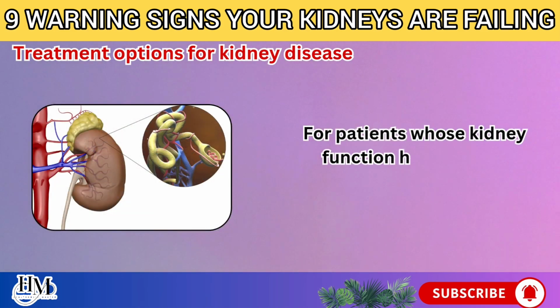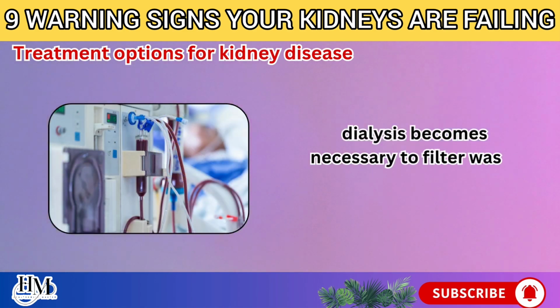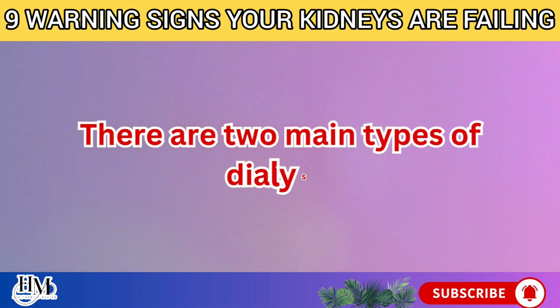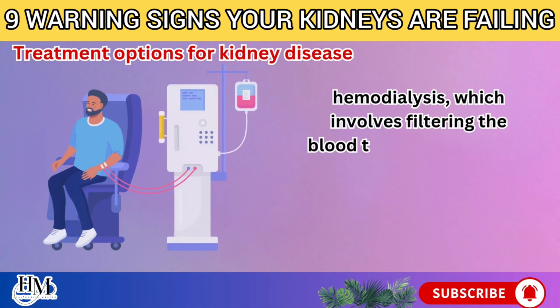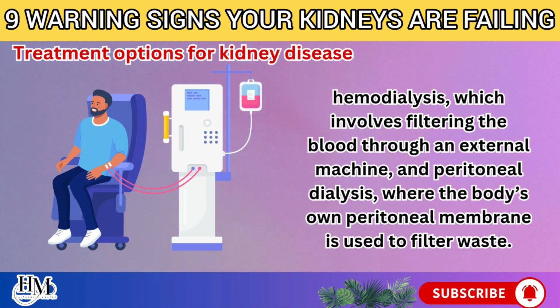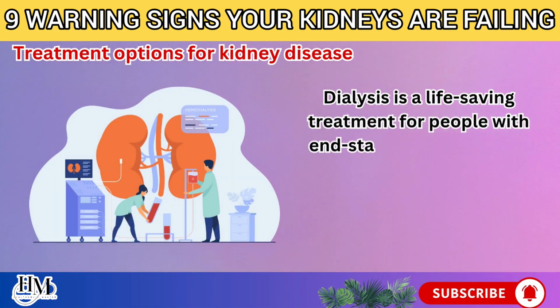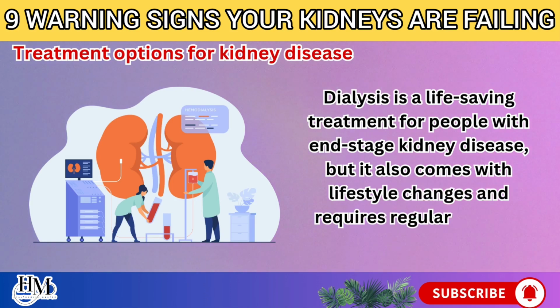For patients whose kidney function has declined significantly, dialysis becomes necessary to filter waste and excess fluids from the blood. There are two main types of dialysis: hemodialysis, which involves filtering the blood through an external machine, and peritoneal dialysis, where the body's own peritoneal membrane is used to filter waste. Dialysis is a life-saving treatment for people with end-stage kidney disease, but it also comes with lifestyle changes and requires